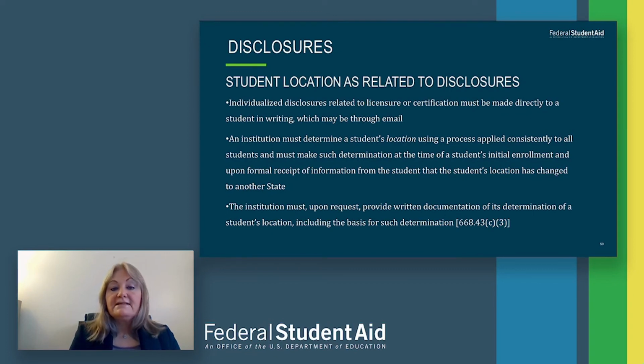Finally, the institution must, upon request, provide written documentation of its determination of a student location, including the basis for such determination. This concludes the state authorization of distance education portion of the